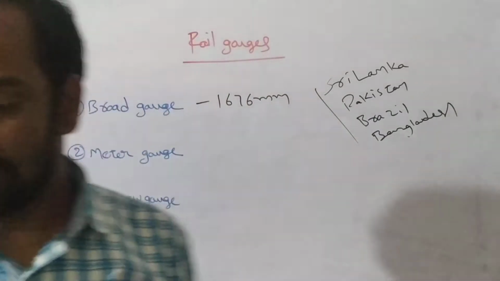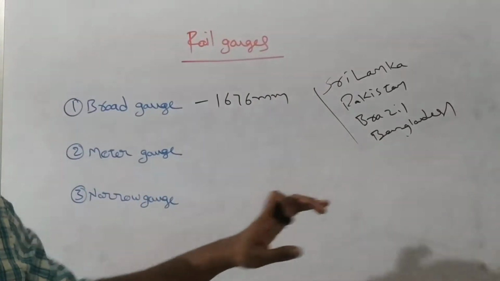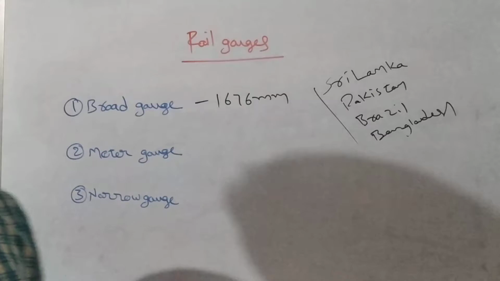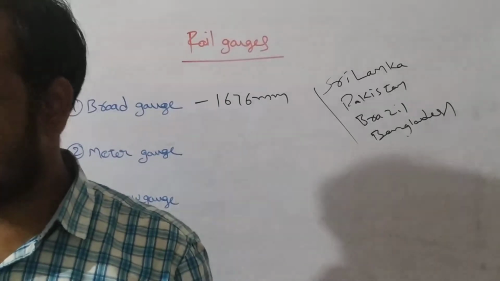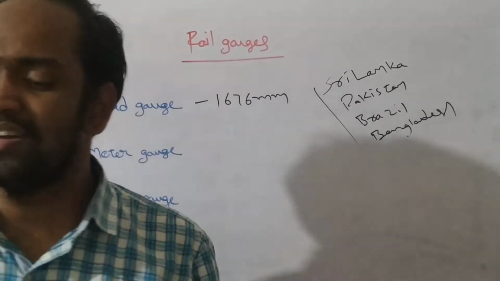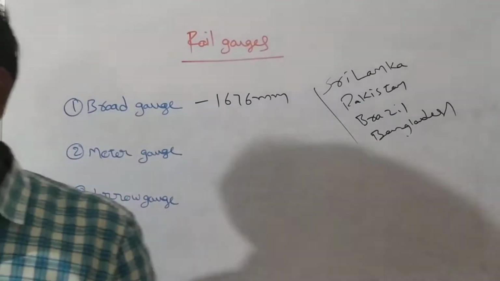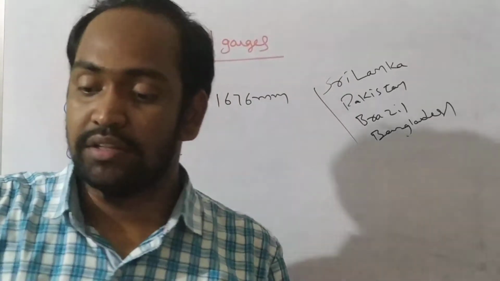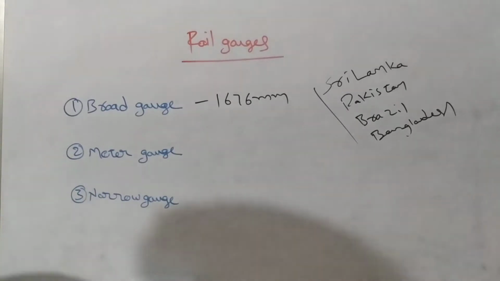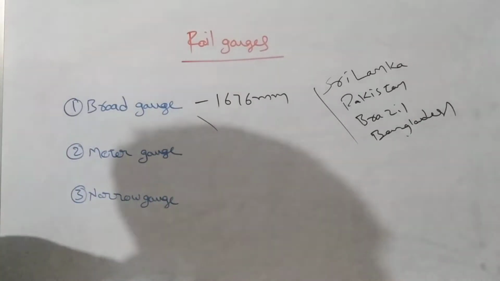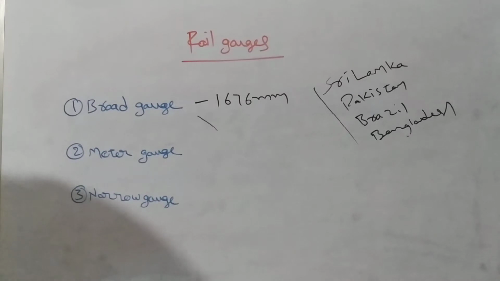Understand? So the broad gauge is also called the standard gauge of India, and it is also called the world's broadest gauge. And the broad gauge we can use under some different types of situations. It means the broad gauge is suitable only under some conditions, like when sufficient funds are available for the railway project, and when the prospects of revenue are very bright. It means the revenue of the country is very bright, and there are also a good number of funds for railways. So in those cases we can employ broad gauge.